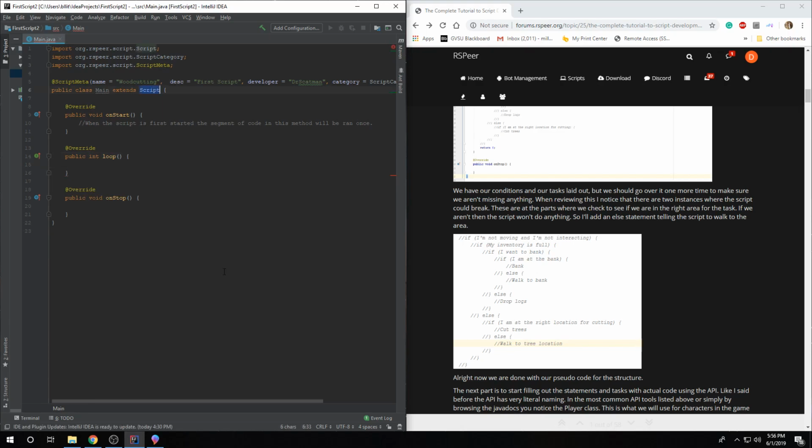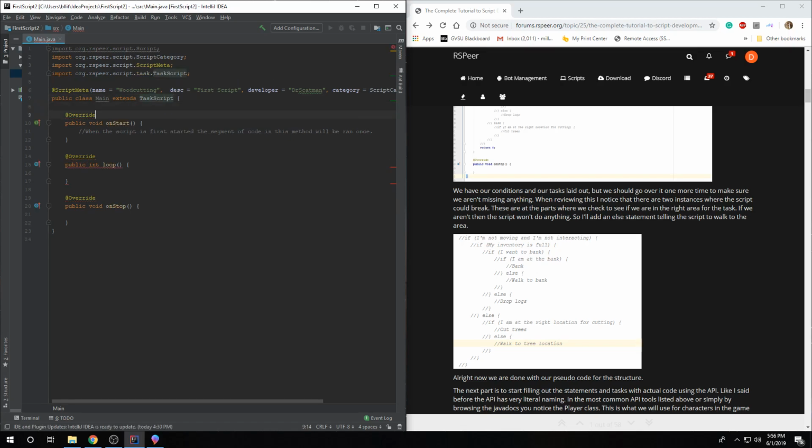Yeah. Now, the more versatile way, which I personally use, is extending TaskScript. With this, you don't have a loop method. You still have onStart and onStop, which you can implement. And instead, you have nothing, actually. It's just the onStart. And what happens in the onStart is you are supposed to call this method, which is part of TaskScript, which is why you have access to it,